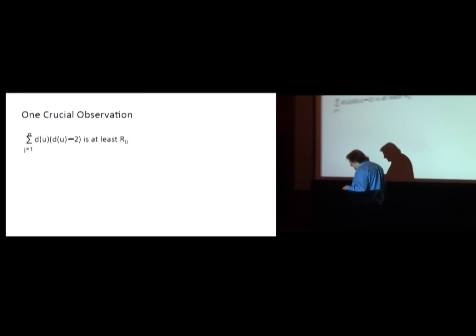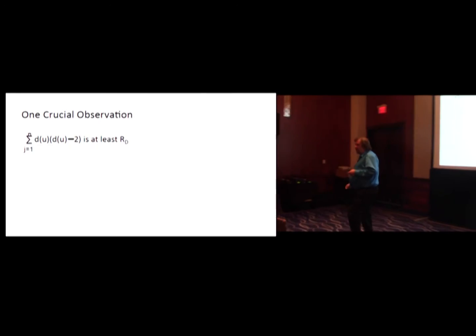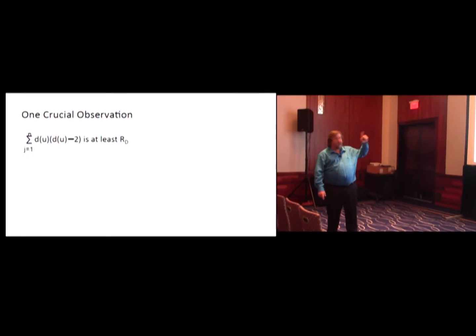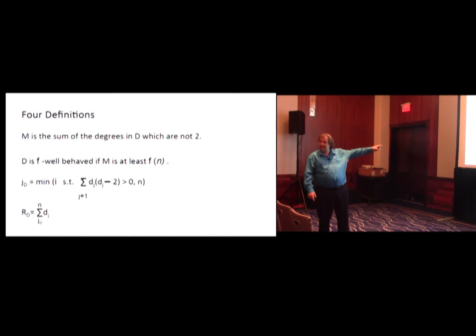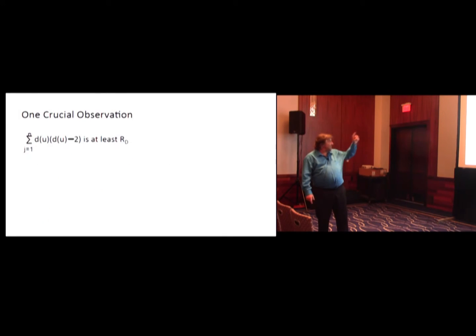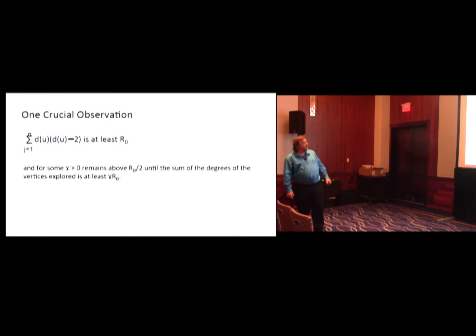The point is that this sum that we were looking at before is always at least RD. Because what we did with RD is instead of taking dj minus 2, we took dj. But by the time we get to jd, since this sum is positive, dj has to be at least 3. So this sum will be bigger. Okay? And furthermore, as we pick out degree vertices, as this sum is going to change, the sum of d